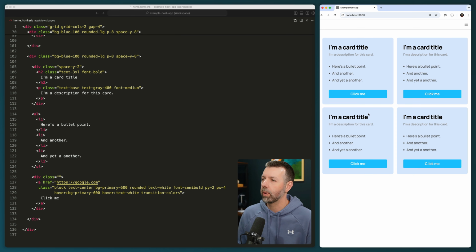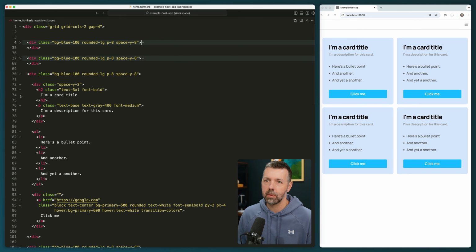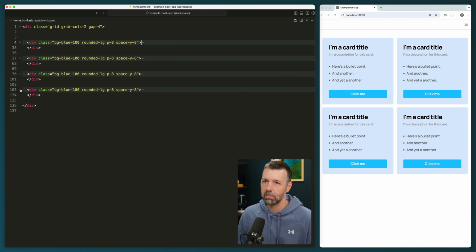Okay, so now we have 4 instances of this card, right? And we can use our text editor to collapse these down if we want to, and that starts to make it a little bit more manageable, but we're still repeating ourselves a whole lot here, not just the containing classes,